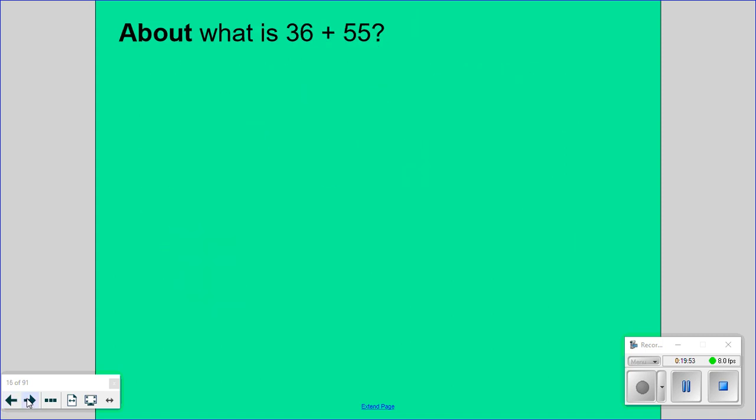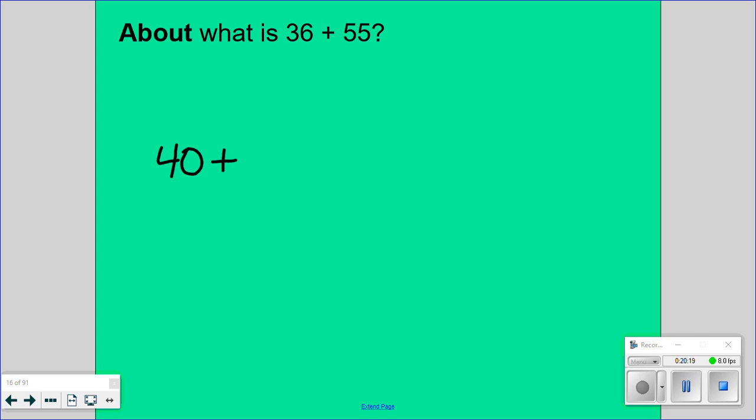What friendly number is 36 close to? Ava? 25. I can think of a closer friendly number, because 25 and 36 aren't that close. I can find a closer friendly number. Julian? 40 is super close. Callie, write it on your board. 40